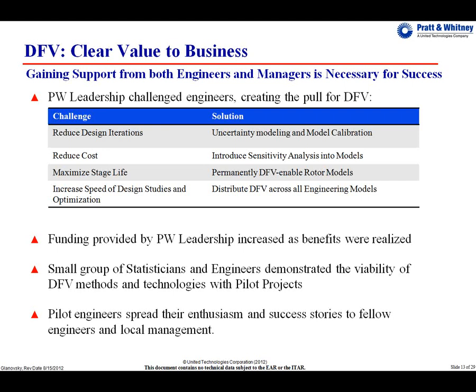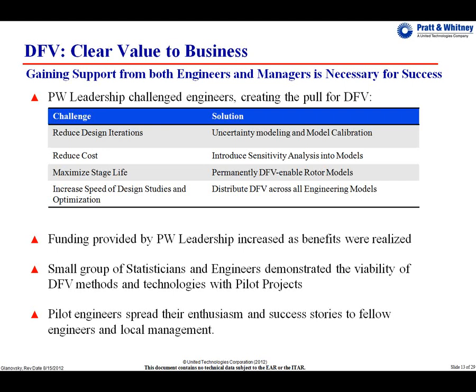Let us see where we've just been assuming we need to control features when it might turn out that modern-day designs don't really need control there. You want to maximize stage life. Let's use this DFV process on the rotor model. Let's understand all the variability and uncertainty in rotor life so that we can figure out what's going to buy us more: decreasing the variation, increasing the average life, both, and how are we going to do it?